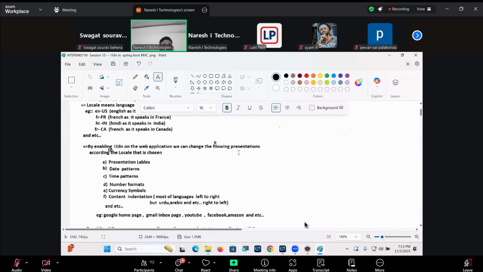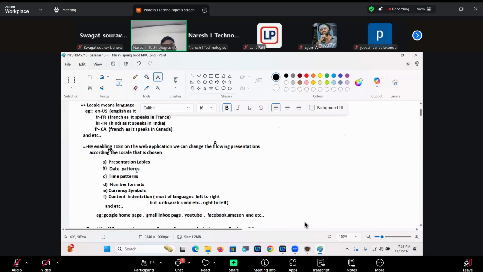By enabling I18N on the application, we can make that application work for different locales. Does I18N deal with business logic or presentation logic? I18N is nowhere related to the back end of the project. It's purely related to the front end part of the application.